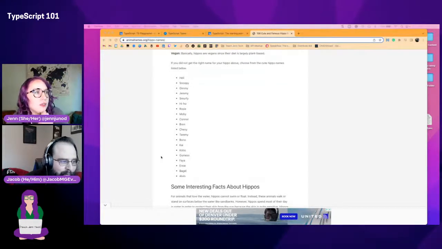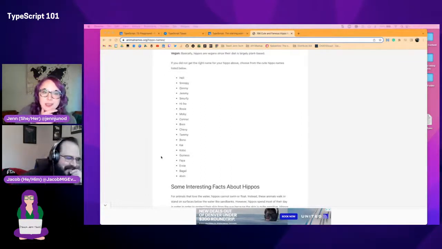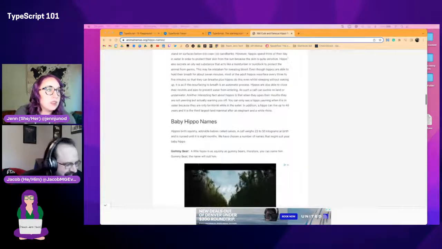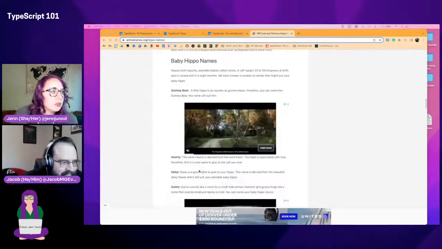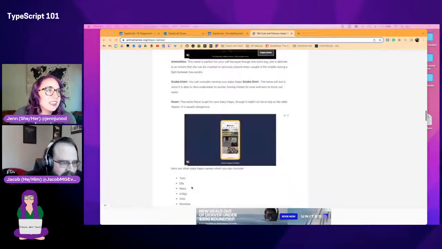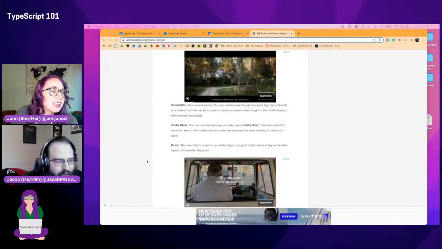Hi-ho hippo. These are interesting names. Right? Alvin? I don't think I can name a hippo Alvin. It's not a chipmunk. Baby hippo names. Gummy bear. That's weird. Daisy. I feel like they just scuba dive.